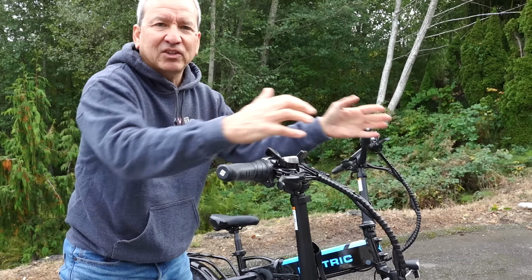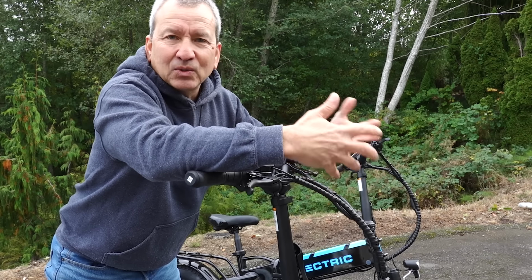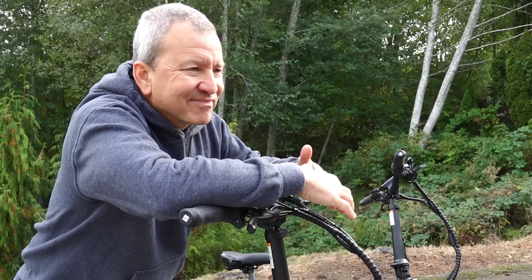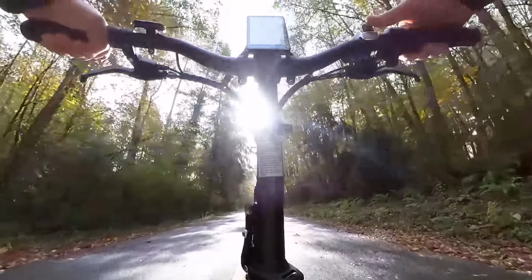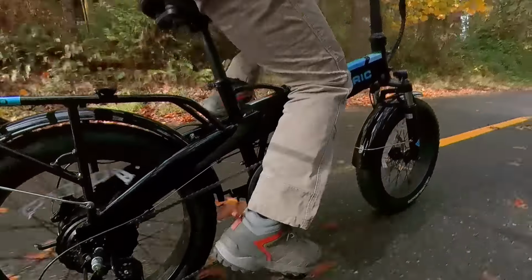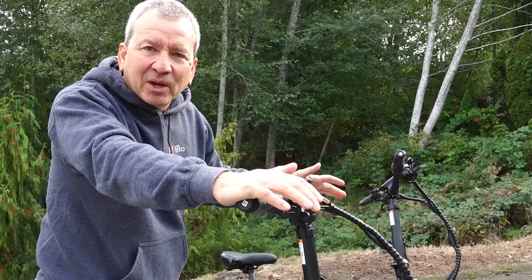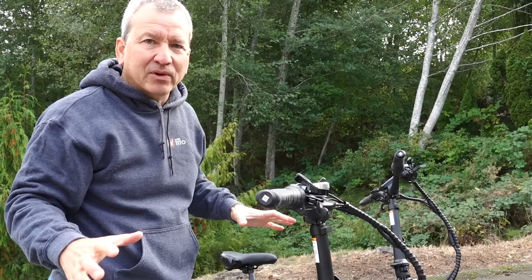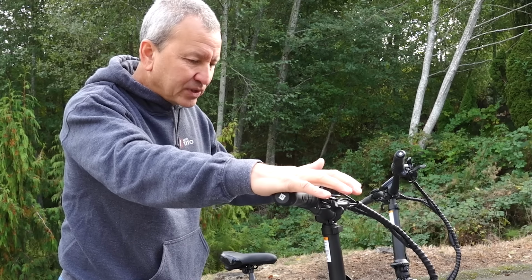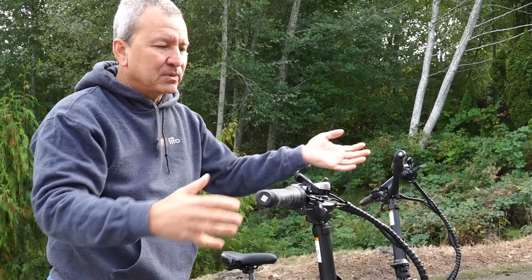You know, it just gives you that flexibility to ride the bike and use it in the way that suits you. The final reason, which may be the most significant for a lot of folks, is the fact that this is still a $1,000 e-bike, and you really get a lot of value for that $1,000 price point. Some e-bikes that are very popular out there cost about $2,000. So if you wanted to get a bike for you and your partner, you could do that for around $2,000 and get two bikes that really pack in a lot of value for that